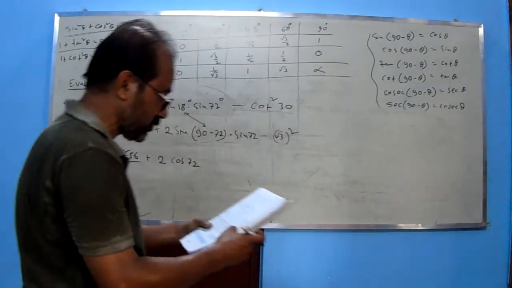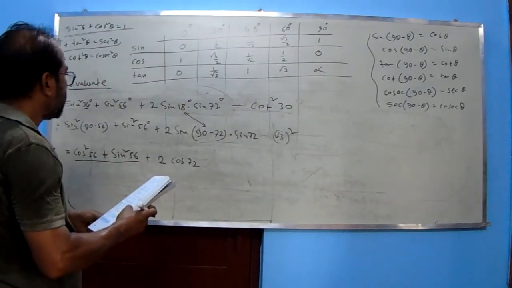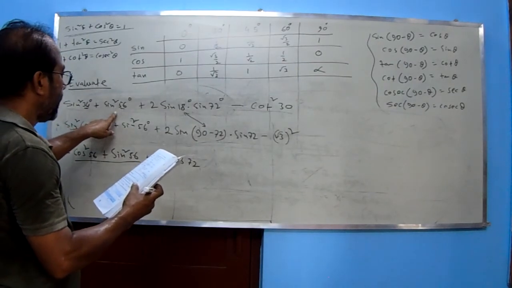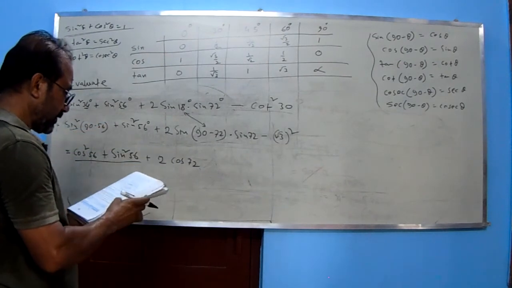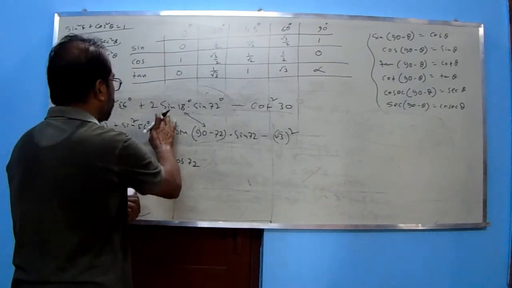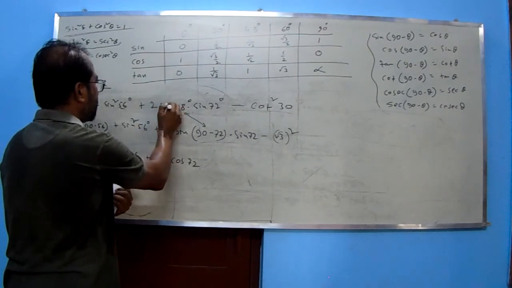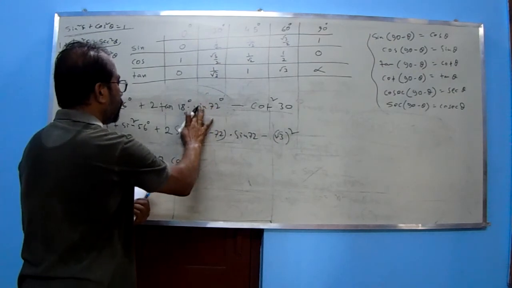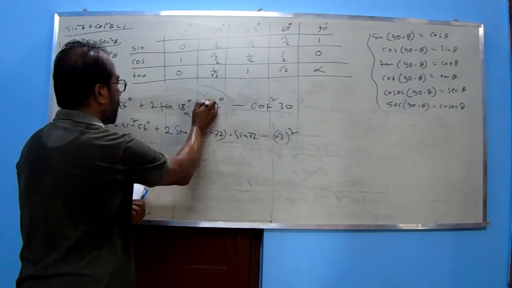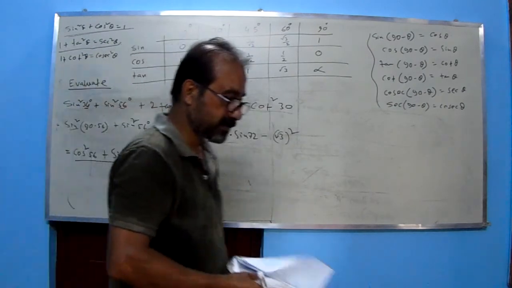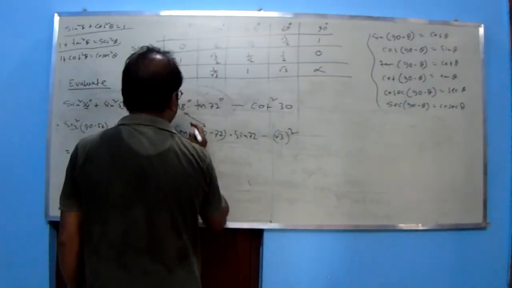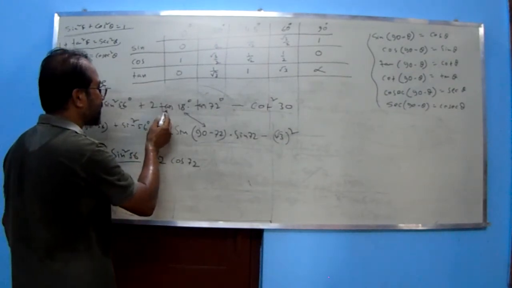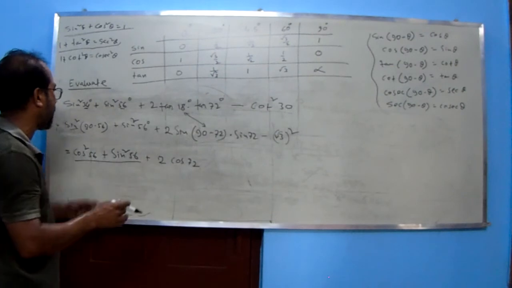Just check it out what I have taken. Sine 34, sine 56. Oh, this is tan 18 and tan 72, not sine. Tan 72 minus cot square 30. I am sorry, because once I am taking the math from the books, it may be wrong somewhere. Tan 18 and tan 72. Again I am coming back.